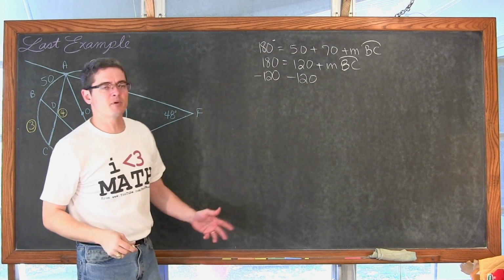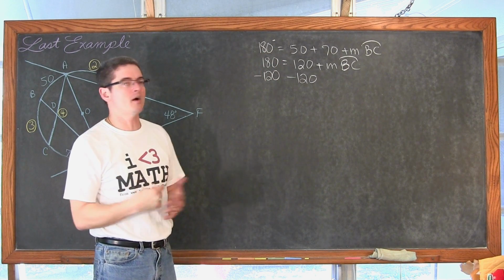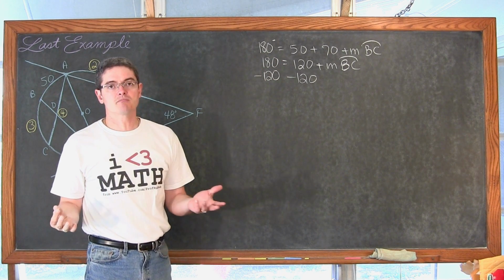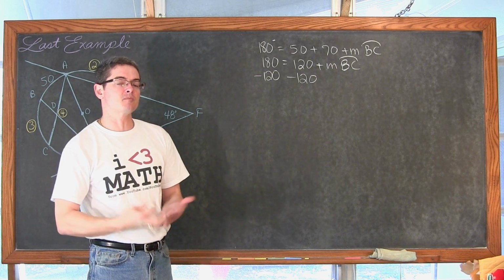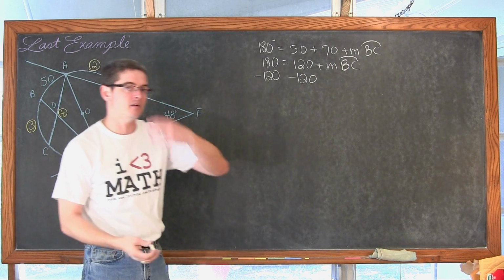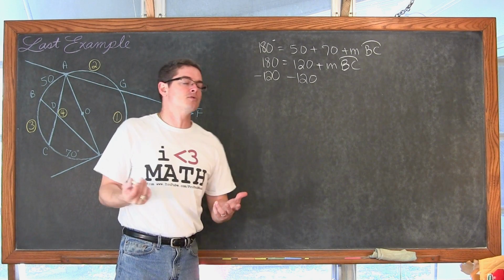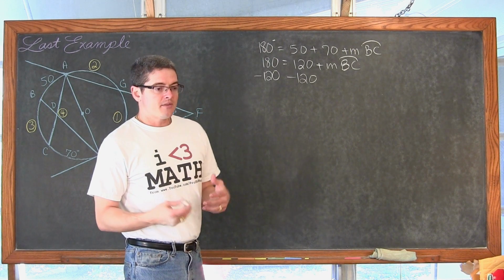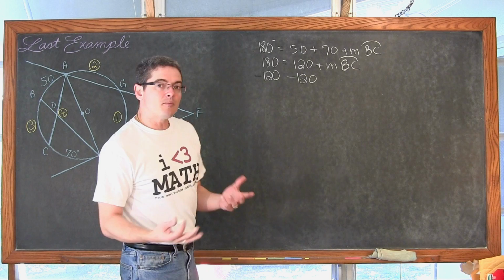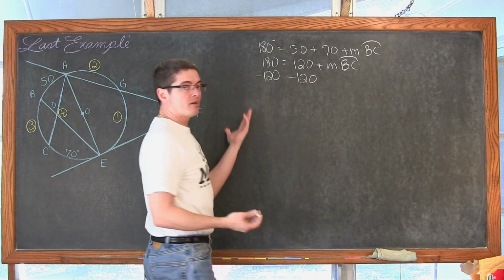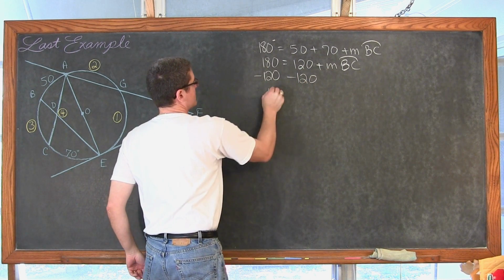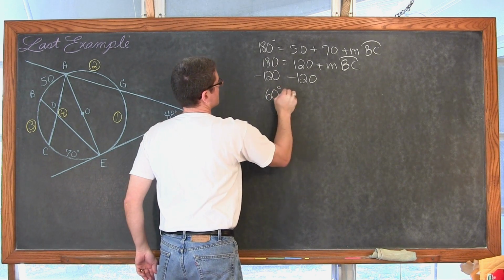That's two examples where I put my variable on the right-hand side. I don't exactly know why I keep doing that. But that's probably good for you because a lot of textbooks put the variables on the left-hand side and you get used to just moving all the numbers over to the right. When you solve an equation, you just want to move the known values away from the variable. And if the variable's on the right, everything goes to the left. Anyway, that's equal to 60 degrees.